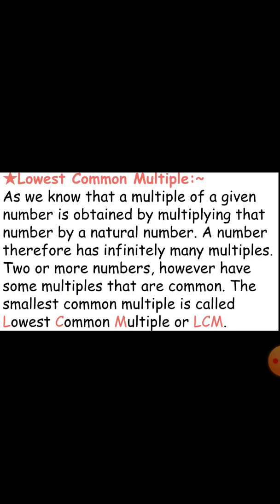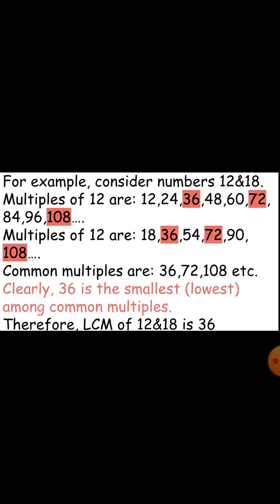Next is lowest common multiple. You know what is a multiple? A multiple is obtained by multiplying that number by a natural number. A number therefore has infinitely many multiples. Two or more numbers, however, have some multiples that are common, and the smallest common multiple is called the lowest common multiple or LCM. For example, take two numbers 12 and 18, and the multiples of 12 are 12, 24,